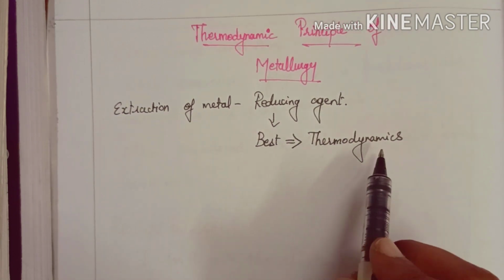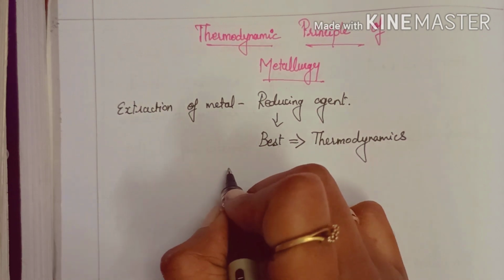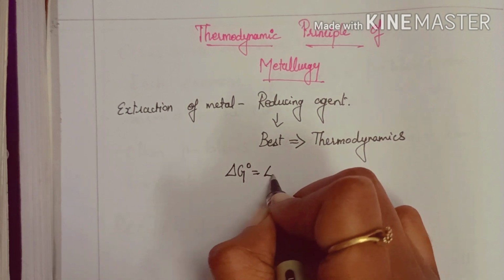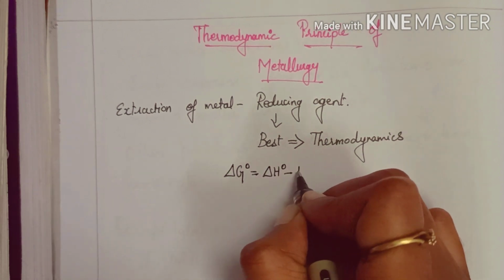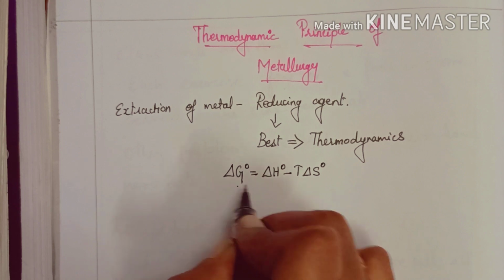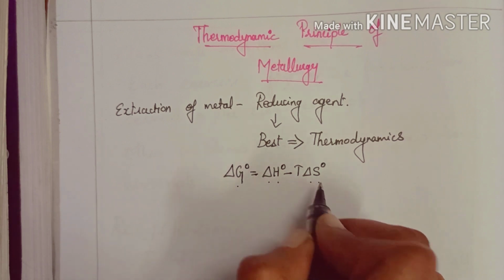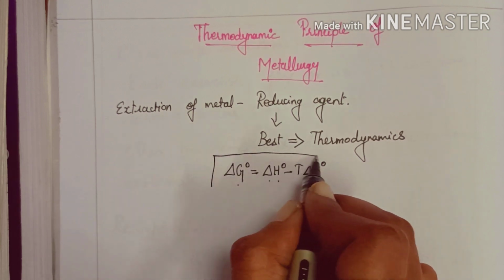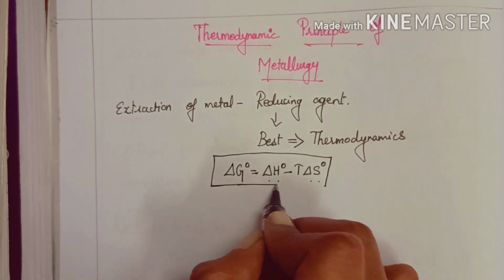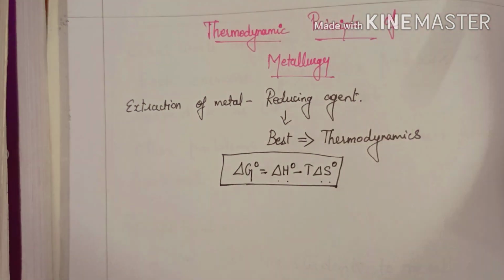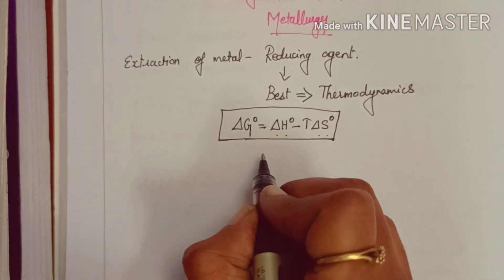considering the thermodynamics. Now we know that according to thermodynamics, delta G naught is equal to delta H naught minus T delta S naught, where delta G is your free energy, delta H is your enthalpy, and delta S is entropy. Now, how does this equation play a major role in determining the best reducing agent? So,